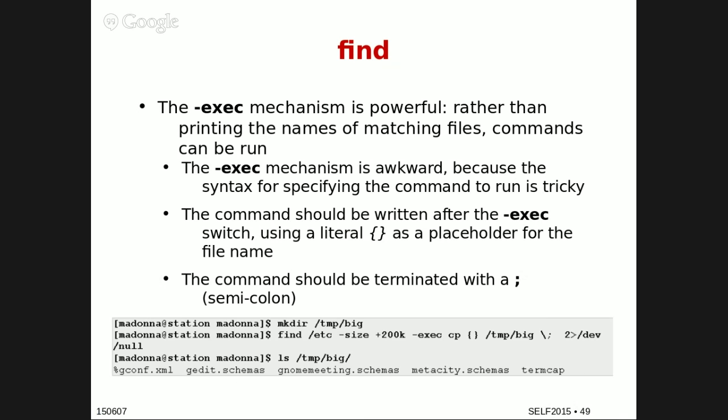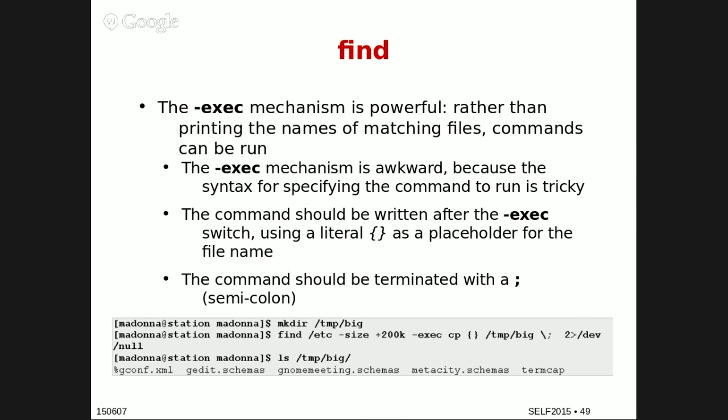This syntax is a little bit awkward because you have to have a placeholder for the output of the find command, the list of files that you found, and then you do whatever you're going to do to them. In this example, we create a directory called /tmp/big. We look in the /etc directory, starting in the /etc directory, for all the files that are over 200K, and then we -exec the cp command to copy those, and then we have to have the left and right brace there as the placeholder for that list of files, and then we have a second argument, which is the destination for that copy,